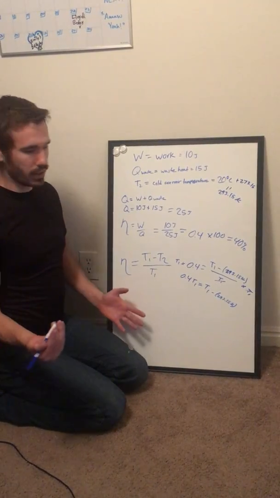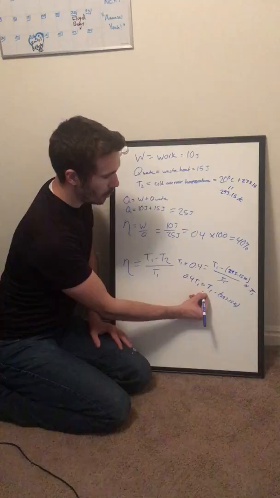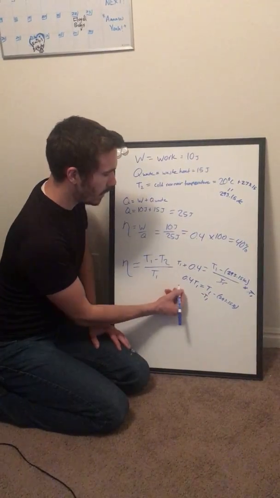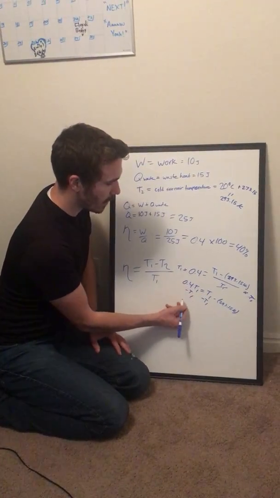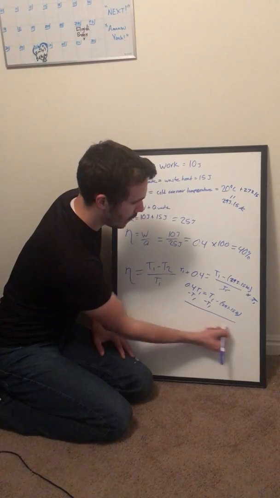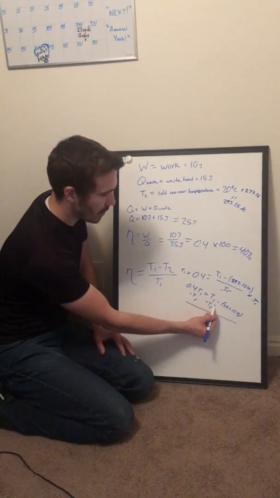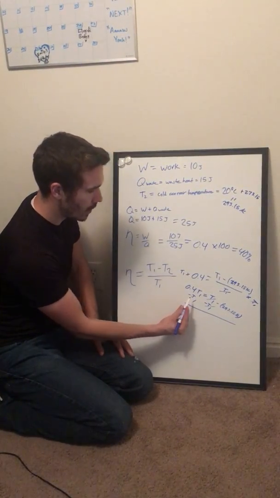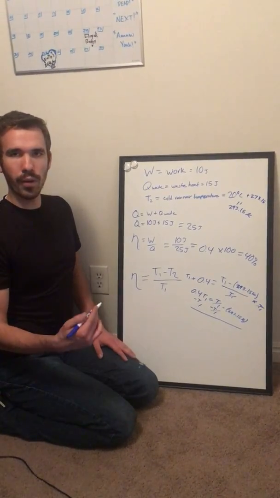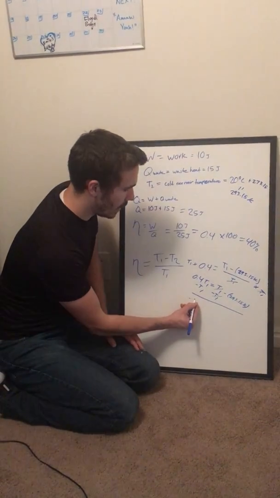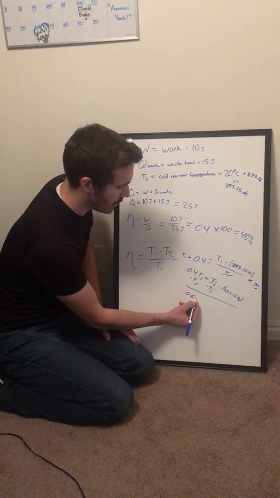So we subtract T1 from this side and T1 from this side, which cancels out on this side, and 0.4 minus 1 gives us negative 0.6